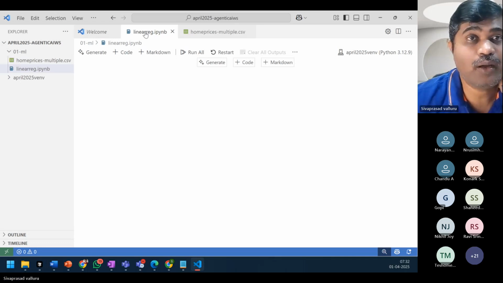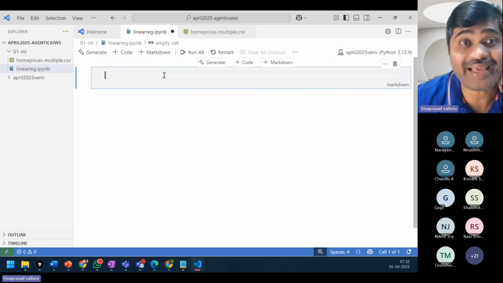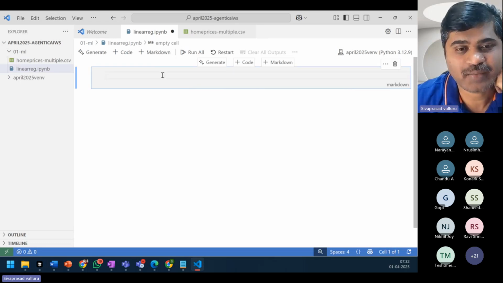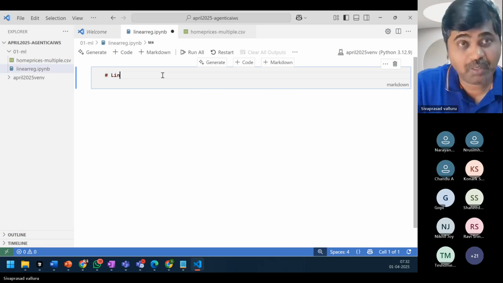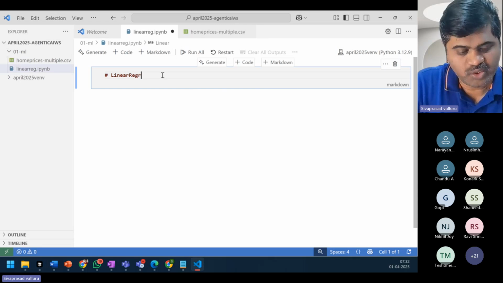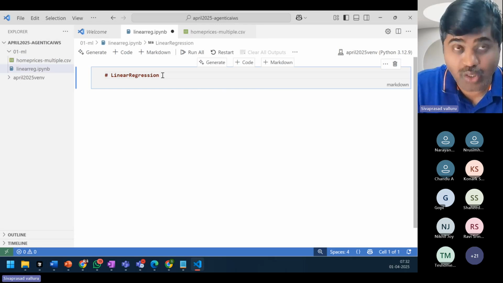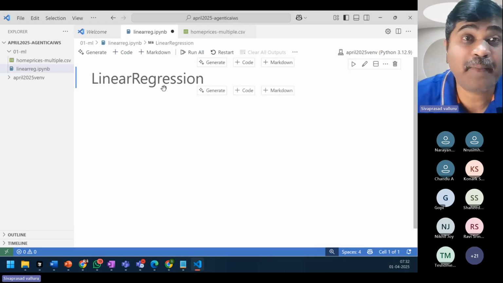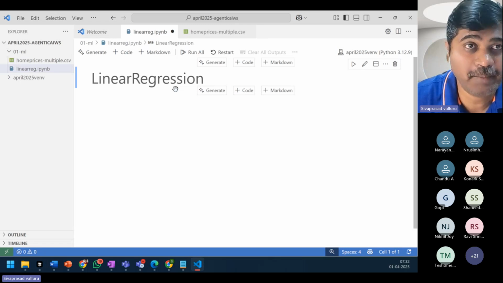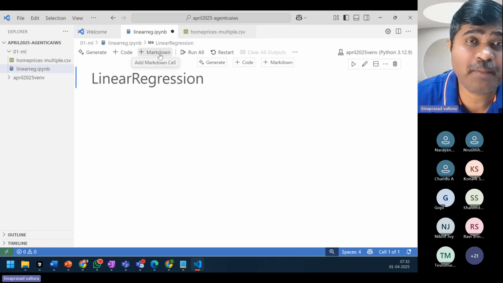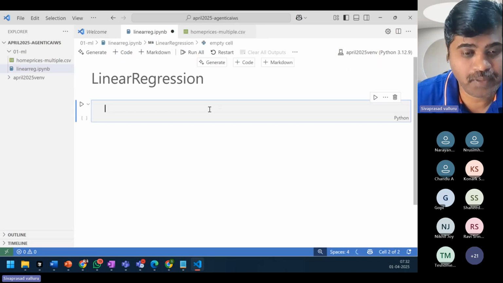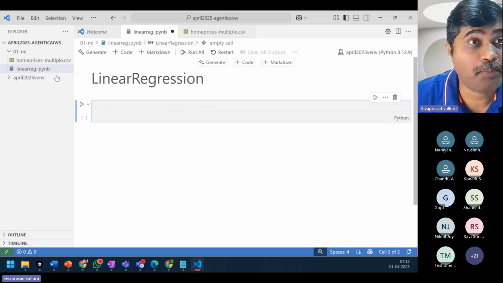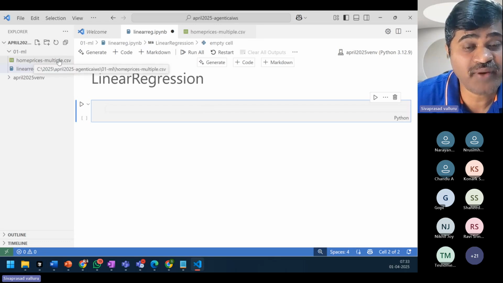Now in this notebook file, I can click on markdown, and if I want to write any text, I can write the text here. So suppose if I want to write a heading, I can use # linear regression and press Control Enter. It will execute, and this is a markdown which is getting displayed. So I can click on markdown to write some markdown, and if I want to write some code, I can click on code. I can get the code cell. All right, fine. Now I wanted to load this CSV file.